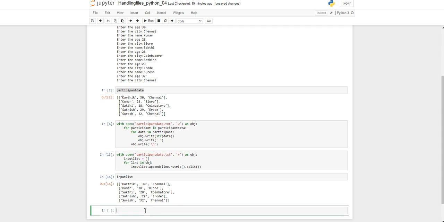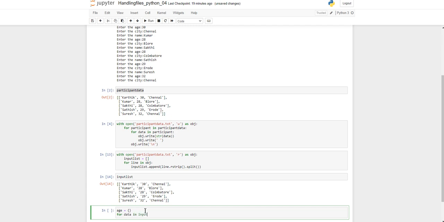Now what we'll try to do is create a dictionary just for that age column. We have to loop through that input list.